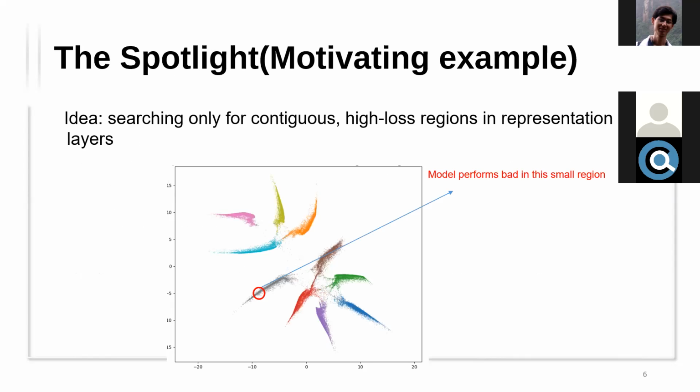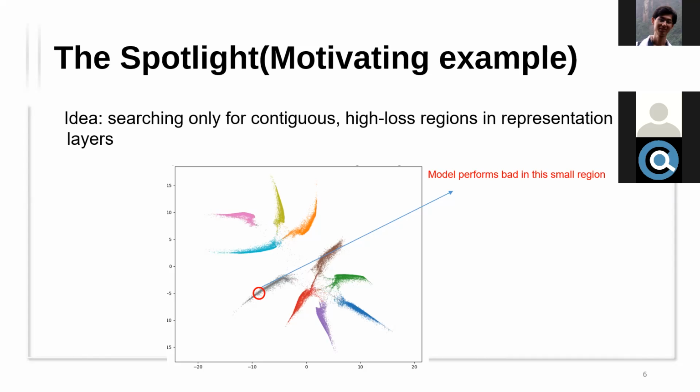And so first we can talk about the high-level idea of this paper. Since they don't, the high-level idea is quite simple. You just search for continuous high-loss region in the final representation layers. And since they don't have the visualization of final representation layers, I just grab an image from our work, DVI, to show you what the final representation layer looks like, to help you better understand the content.